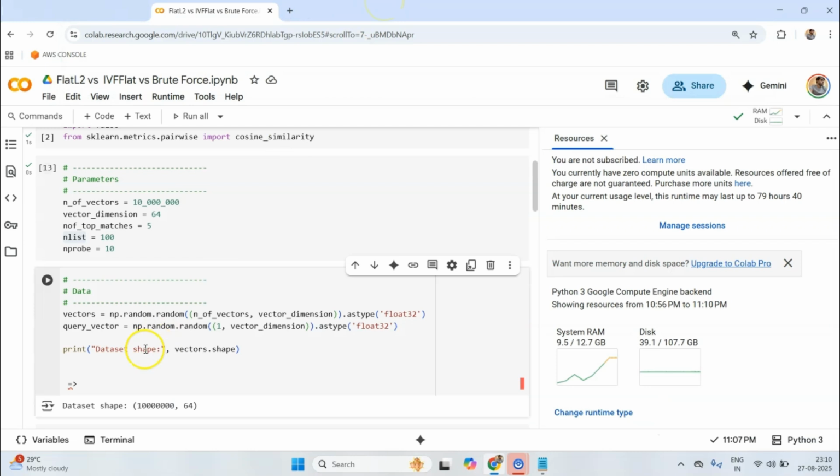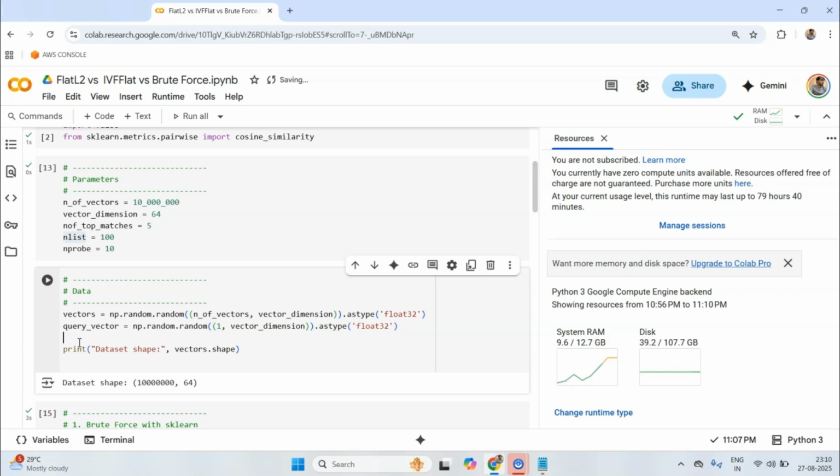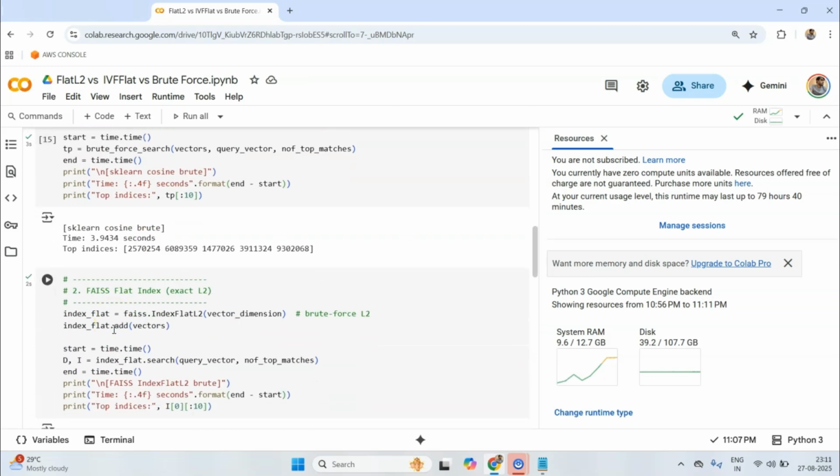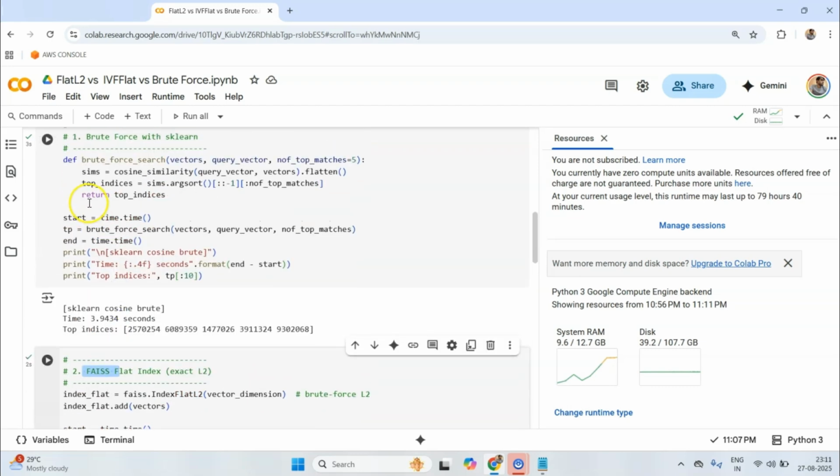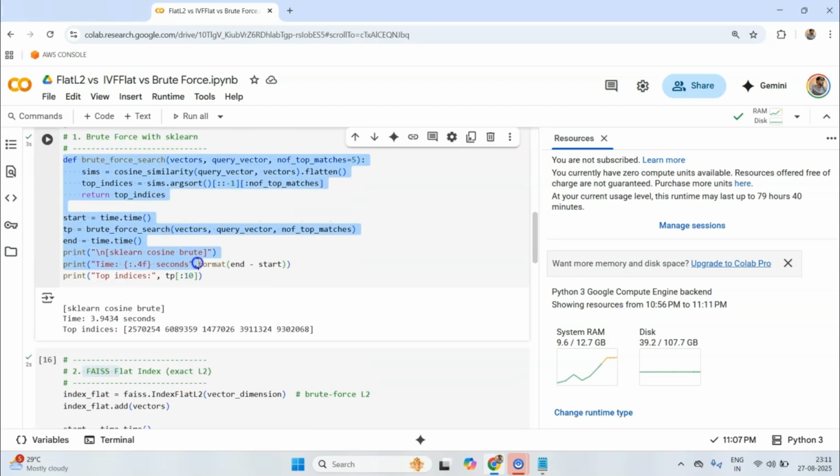So I think this is the scale of the problem. This particular issue is related to space, which in itself is a big challenge, and for that we have methods like product quantization, but that was not the scope of this video. I wanted to talk about nearest neighbor search, brute force, and how the brute force of the FAISS library performs better than the brute force that we manually implement using sklearn.